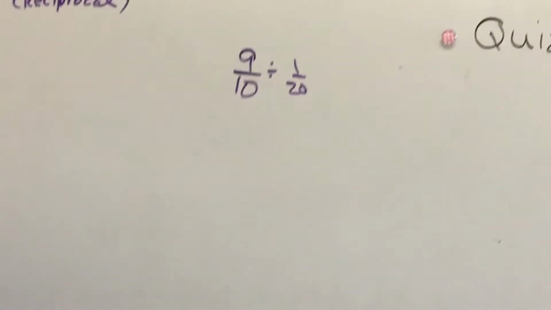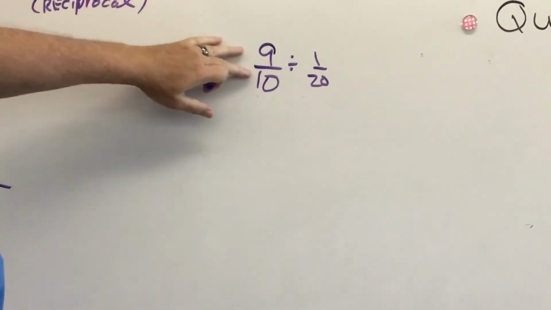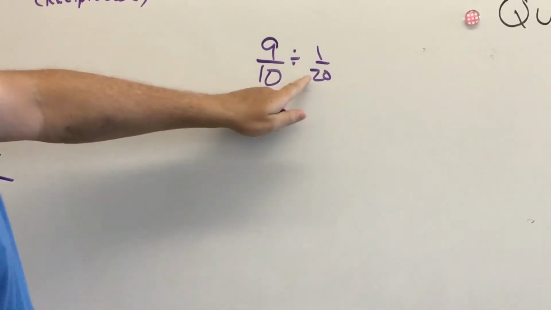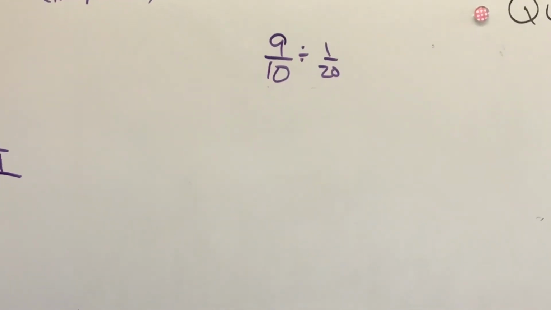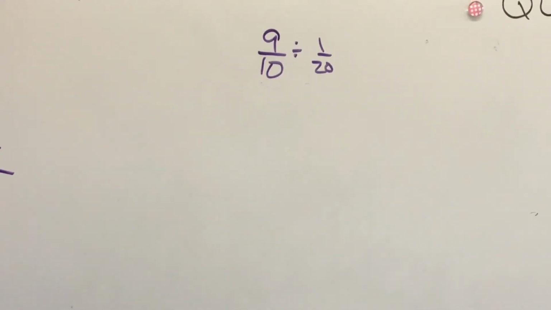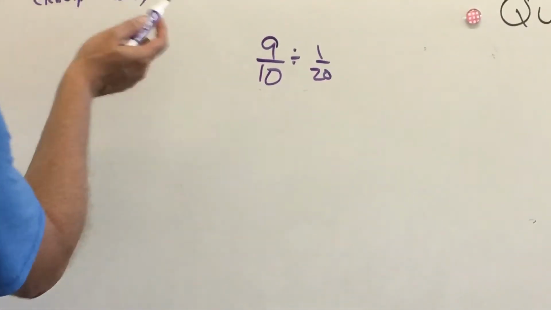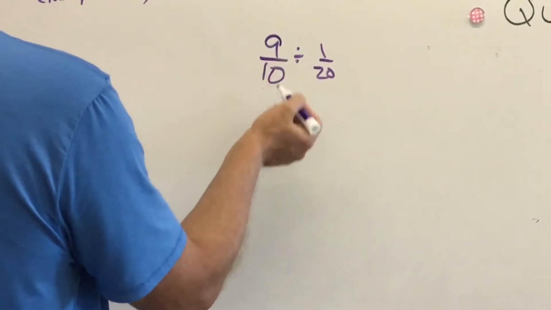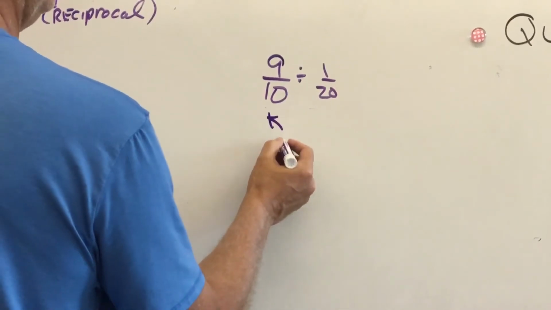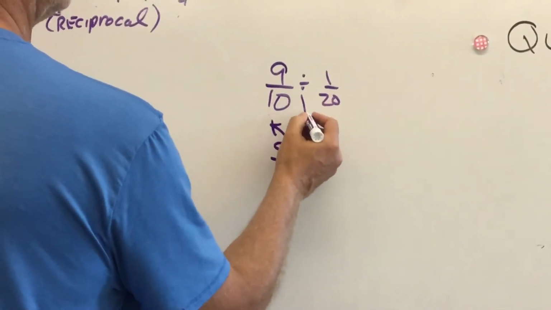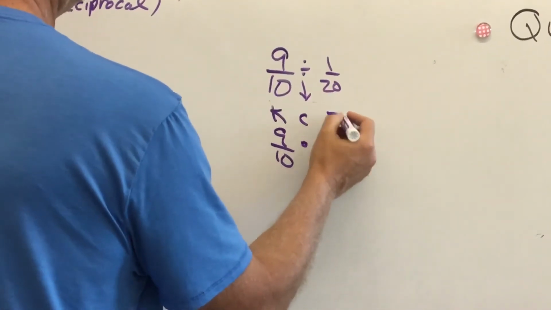Last problem, also on that page, is: you have 9/10 of a gallon of paint, and it takes 1/20 of a gallon to paint a birdhouse. So how many birdhouses can he paint with 9/10 of a gallon? So we just follow our steps. The 9/10 of a gallon is our dividend. 1/20 is our divisor. So we keep our dividend, 9/10. We change our operation to multiplication, and we flip our divisor,